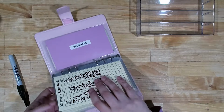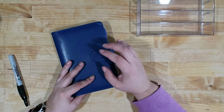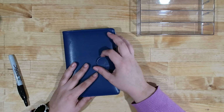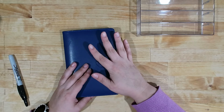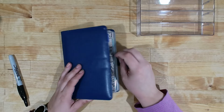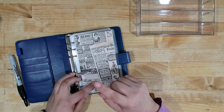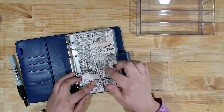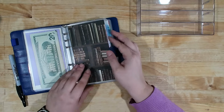For my low priority funds, which if you're curious what my low priority funds are, I have them here in this blue binder. I'll go through them with you really quick. They are funded using savings challenges. Because savings challenges are fun, I like to make my budget process fun. These are things that I'm not necessarily spending from all the time. They're less important, so I can afford to play some games with these. I'm not going to put money directly into these funds today. They're going to get put into my savings challenges. When I finish a savings challenge, that money gets set aside, and at the end of the month, I'll stuff these envelopes. But just in case you're curious, my lower priority funds are celebrations,